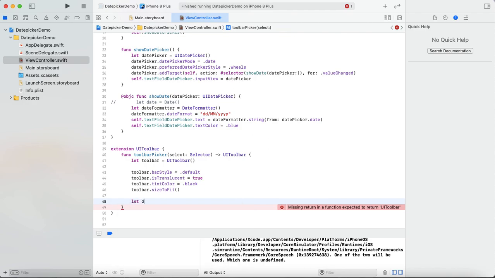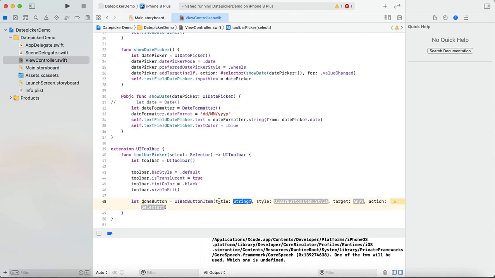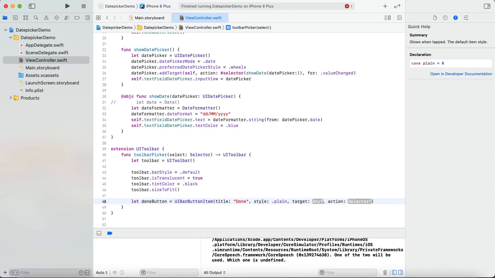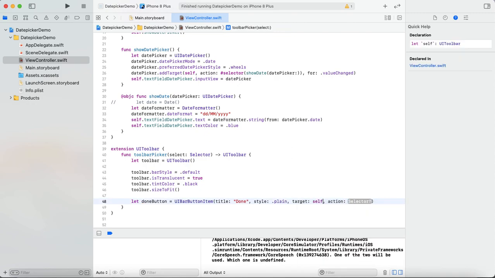Now I'm going to need only one button for my toolbar, so add a done button, UIBarButtonItem, title, use plain, for target add self. For the action, pass this parameter,